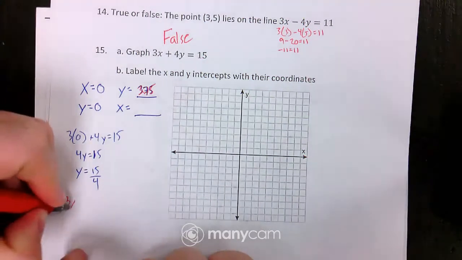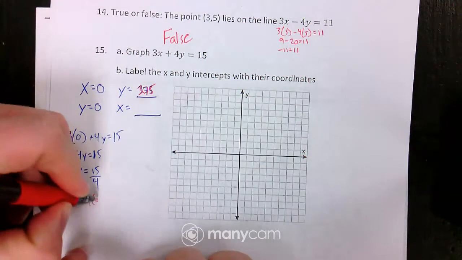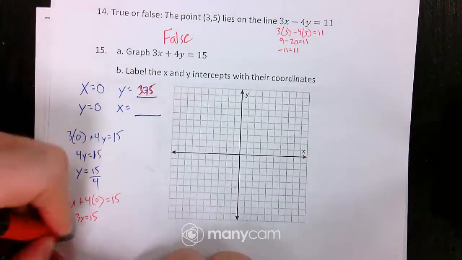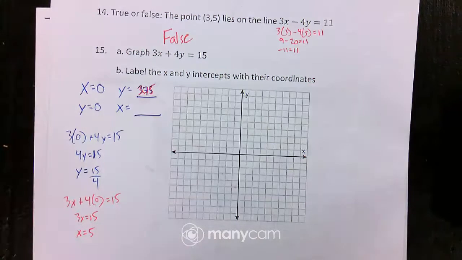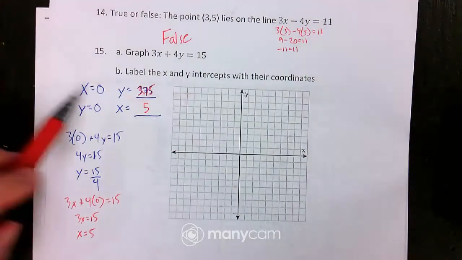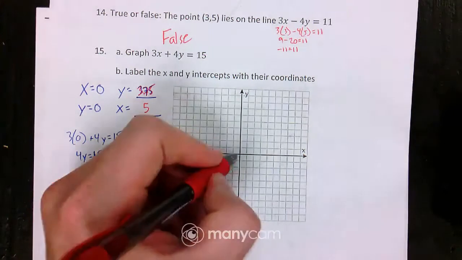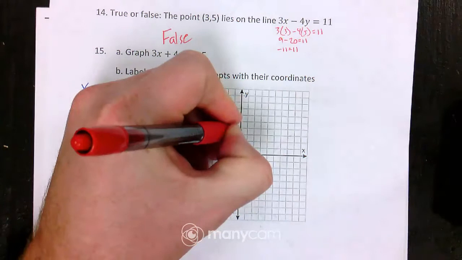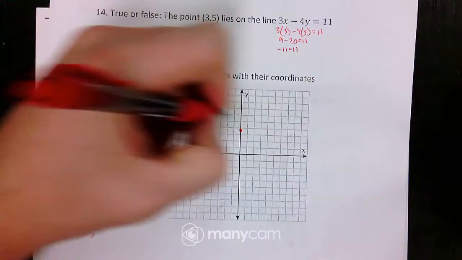Now what happens when y equals 0? I have 3x plus 4 times 0 equals 15. 3x equals 15. X equals 5. Alright, so I know x equals 5. So I have 2 points. 0, 3.75. So 0, 1, 2, 3. Right about there. And it says label the x and y intercepts, so